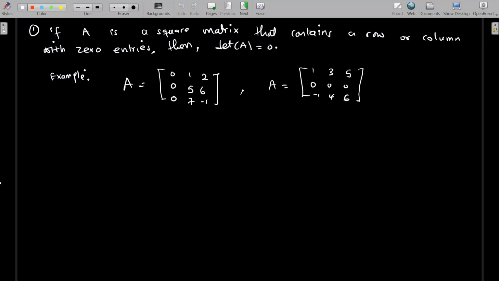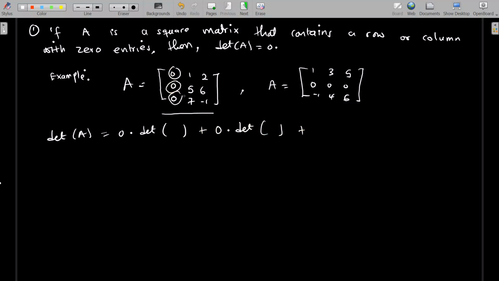So if A is a square matrix that contains a row or column with zero entries, then the determinant of A is equal to 0. If you have one column full of zeros in it, like this example here, then if I try to do my cofactor expansion along column 1, the determinant of A is equal to 0 times some determinant of a remaining matrix, plus 0 times the determinant of some other,